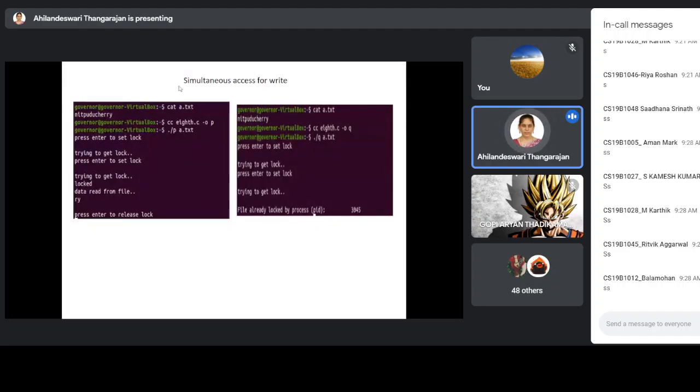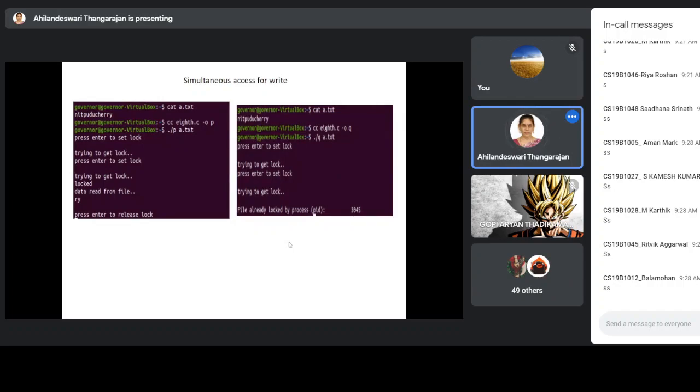So simultaneous access for write is not possible. Only one process is allowed to access. In the meantime, if another process tries to access the same file, it will be restricted. So it is getting the process ID of the process which has locked.